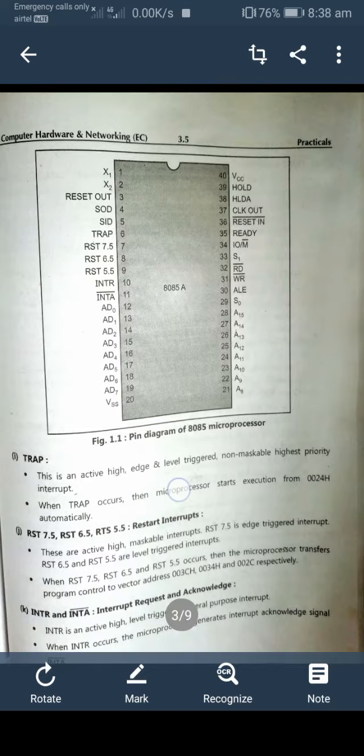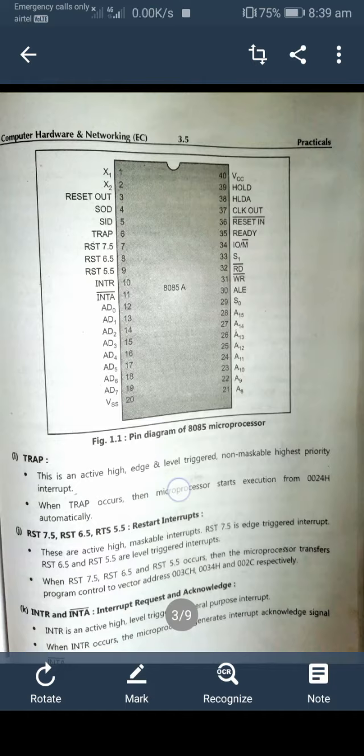pin number 10 INTR, pin number 11 INTA, pin number 12 AD0, pin number 13 AD1, pin number 14 AD2, pin number 15 AD3, pin number 16 AD4, pin number 17 AD5, pin number 18 AD6, pin number 19 AD7, pin number 20 VSS, pin number 21 A8, pin number 22 A9, pin number 23 A10, pin number 24 A11, pin number 25 A12, pin number 26 A13, pin number 27 A14, pin number 28 A15, pin number 29 S0,